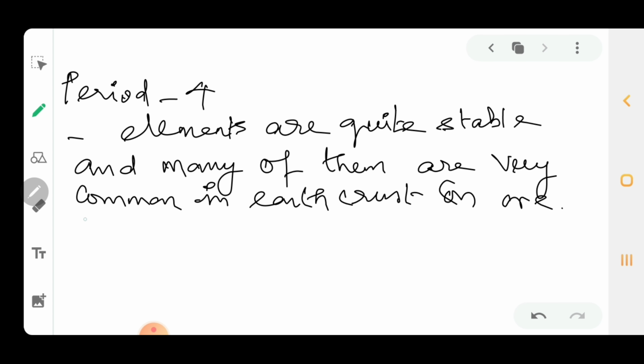Okay, and the elements that are present in period 4 include scandium,